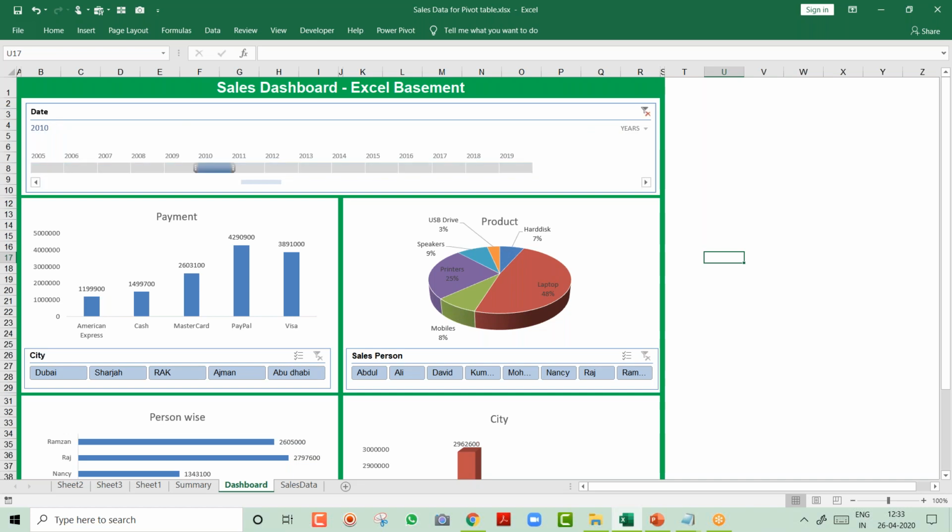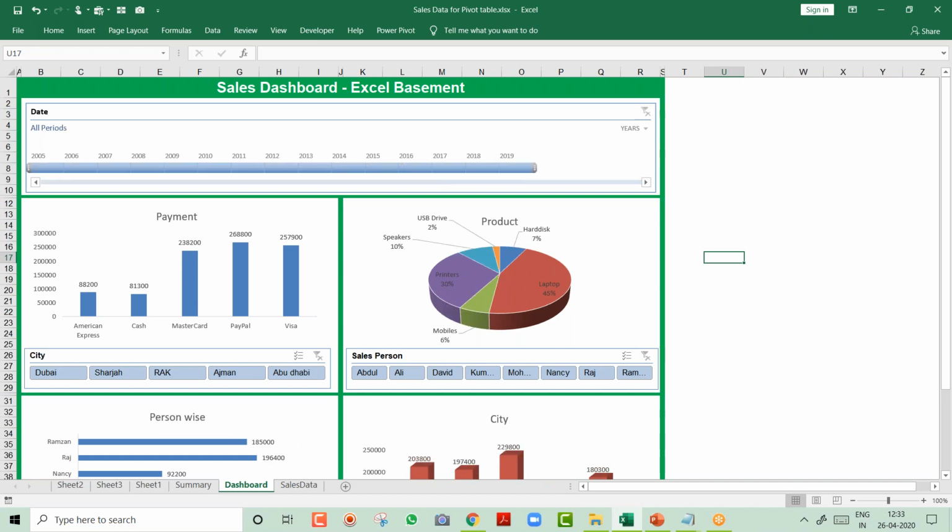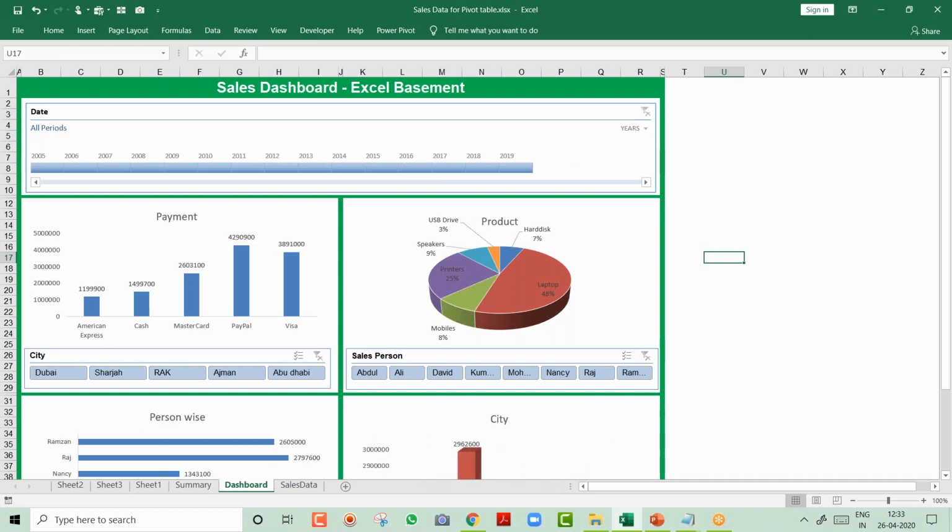Sorry for that. So I click on 2010, 11. You see everything is updating, and I click on this. Now your manager says, hey, I wanted to just see Dubai. I click on this. Now you will see only this is changing because I had added the slicer on this.